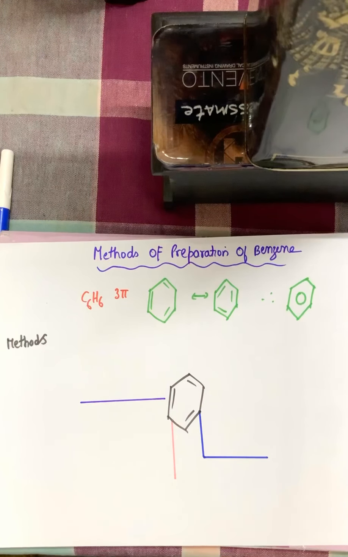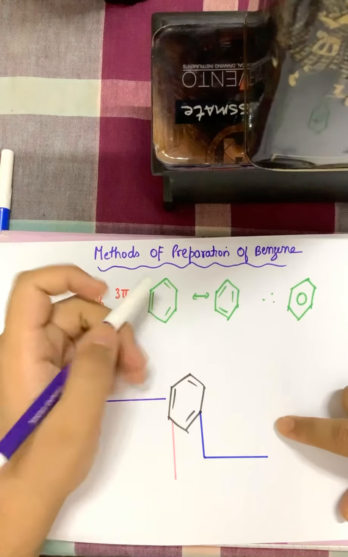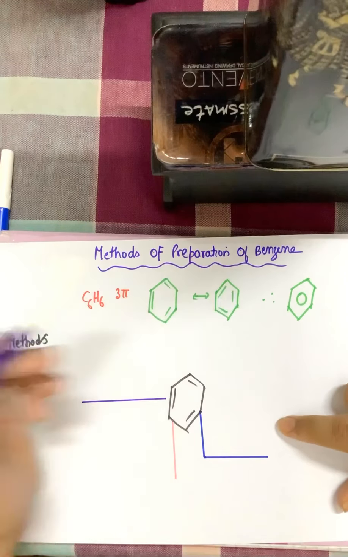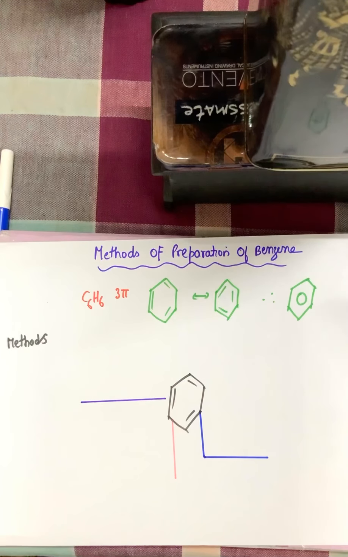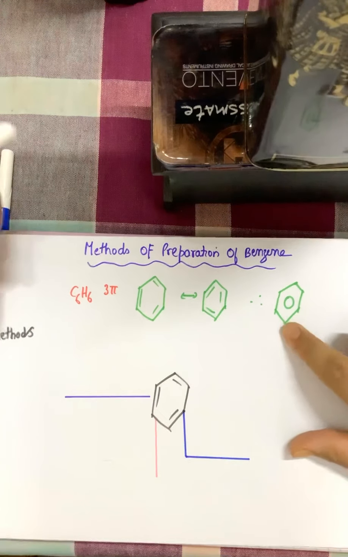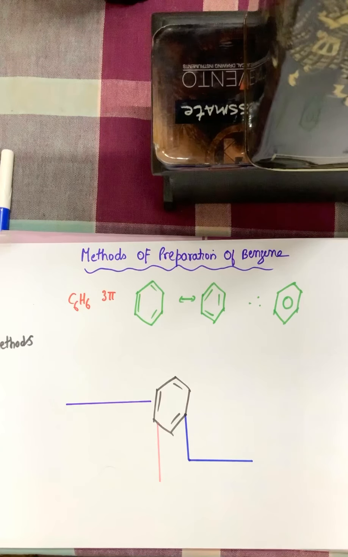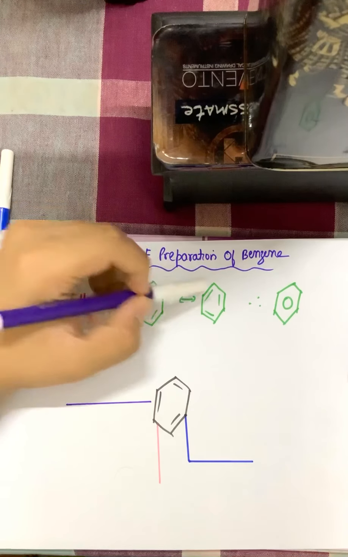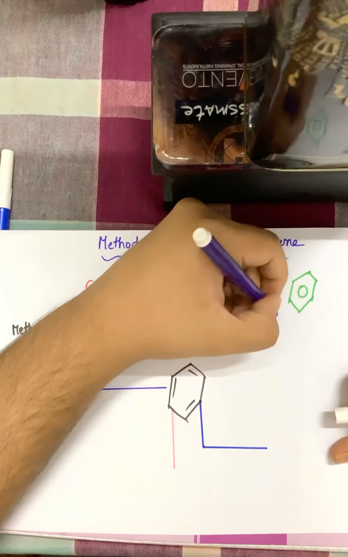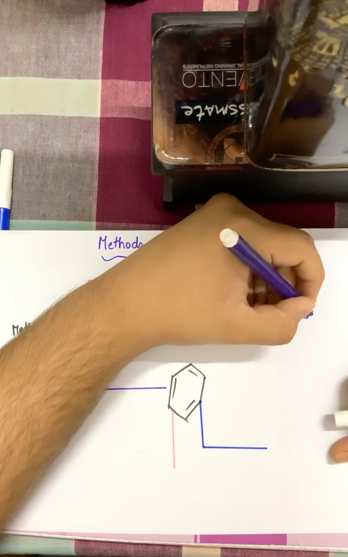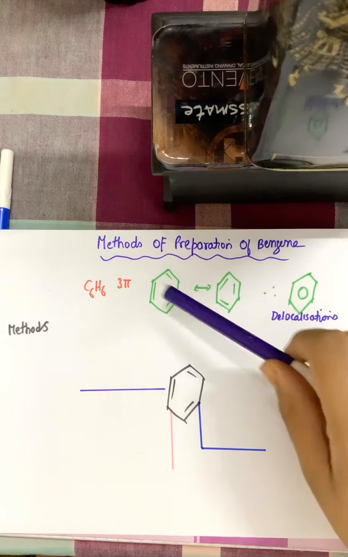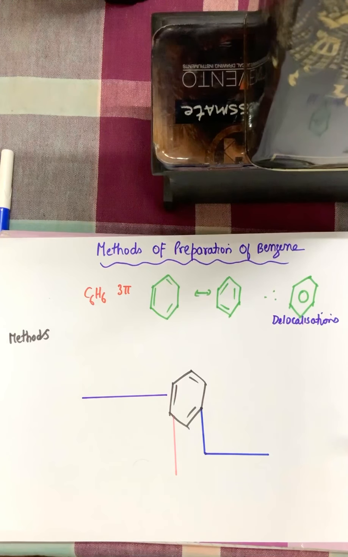Now what is the meaning of delocalized? The basic meaning is the double bond can be at carbon number 1, 3 and 5, or it can be at carbon number 2, 4 and 6. It can be either of the cases. So because of that, as we have these two structures of benzene, which are the resonating structures of benzene, we take a hybrid or a common structure with representing a circle in between. This circle is proving that double bond can be at 1, 3 or 5 or 2, 4 and 6. So it is having delocalization. Fine. And because of that delocalization, we have these structures and this hybrid, which is the most appropriate structure.